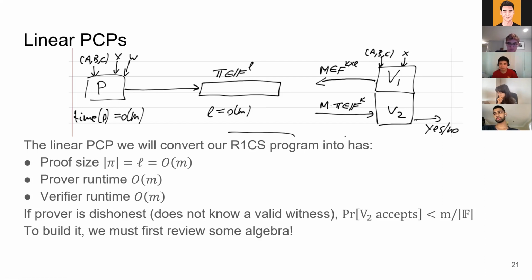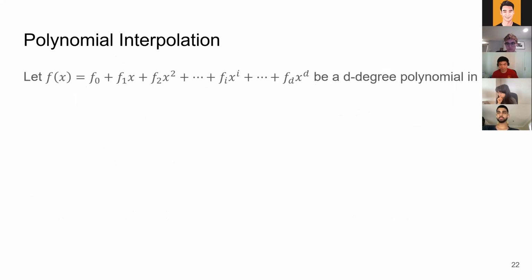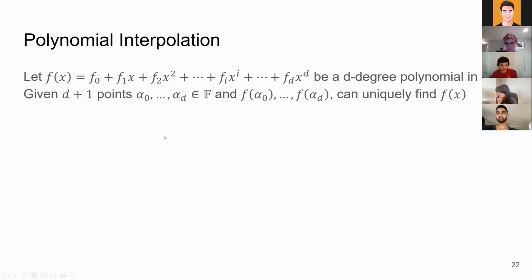So to build it, we must first review some algebra. The first algebra we got to review, actually one of my favorites, is about polynomial interpolation. And this is a theorem that is likely very familiar to all of you. We define a polynomial f that is of degree d in our finite field F. The polynomial interpolation theorem says that given d plus 1 points, we call them all alphas, alpha 0 through alpha d, within this finite field, such that we know f of alpha 0 through f of alpha d, meaning we know what the polynomial evaluates to at these d plus 1 points,